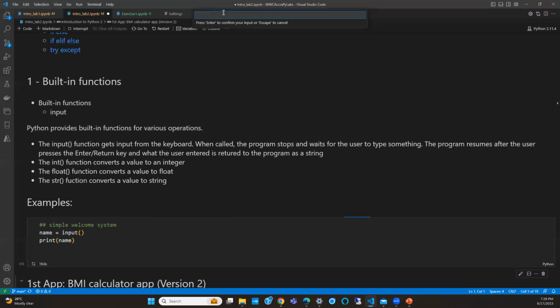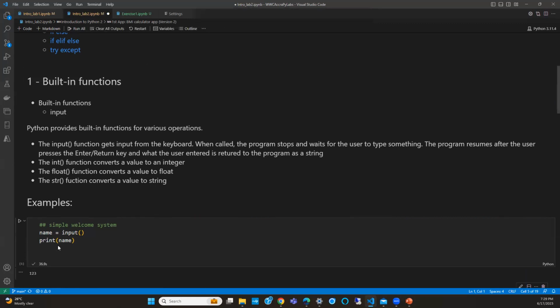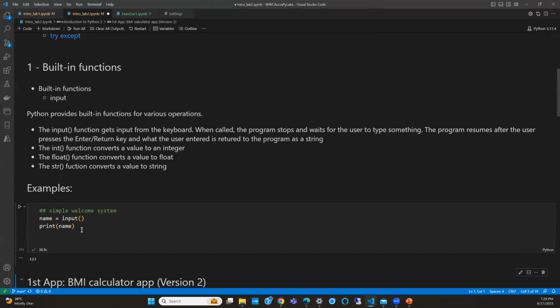But then if you're a user and you just see a text box without any description, that would be very confusing, right? So I don't know if I should enter my age, my name, my date of birth. There's nothing that describes it for me to know what I should be entering, right? So that would definitely be very confusing for any user. So the moment I type it, that's printed, this works, right? But what the input function allows is for you to put in some text to give the user some more information, right? To describe the type of input you're expecting.